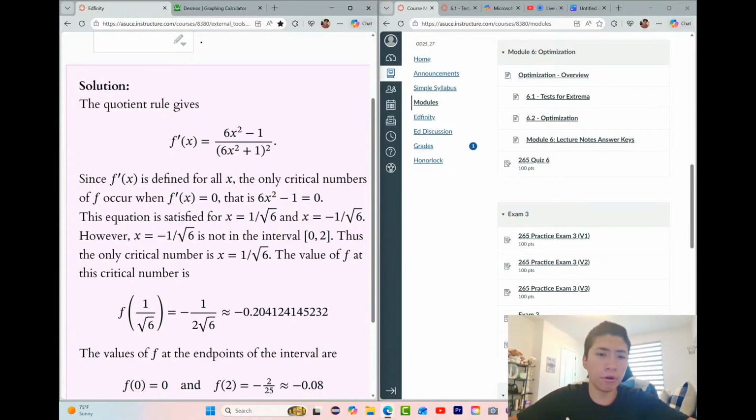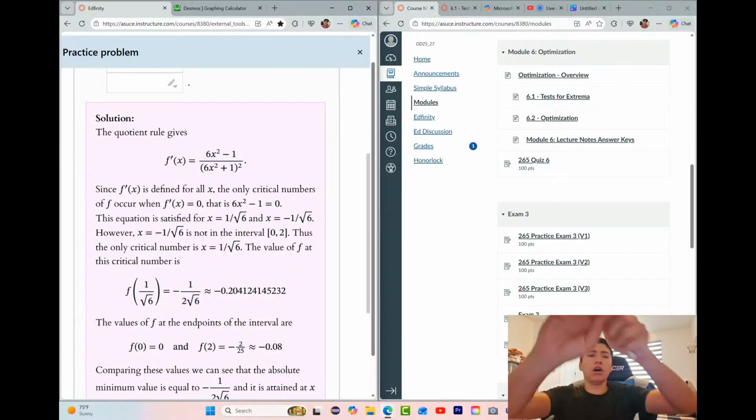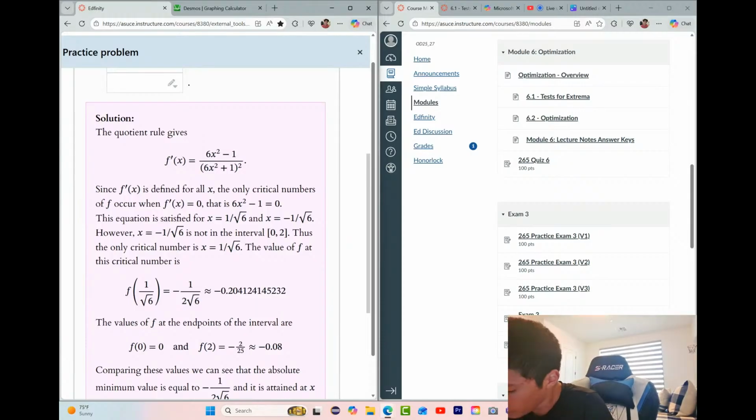Conjugate time or no? Let's see. Oh, I see. Okay, 1 over square root of x. By squaring that, we get 1 over x. 6 times 1 over x is 1. 1 minus 1 is 0. Gotcha. Okay, beautiful. So we can apply that same logic by saying that x can equal